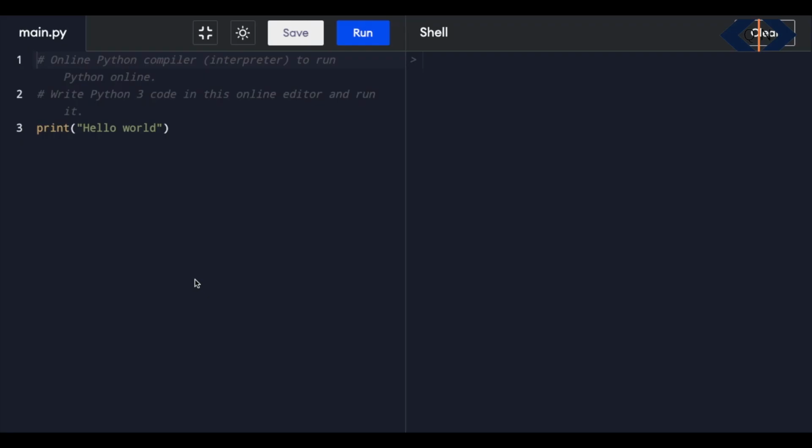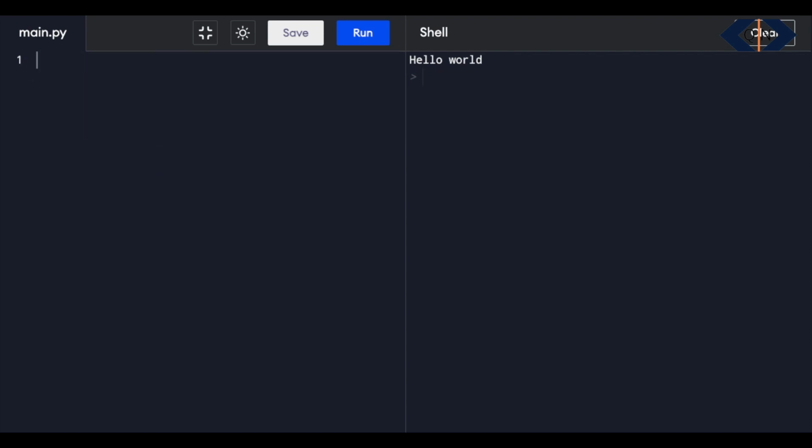Let's look at the full adder code. So this is the Python online compiler. I will share the link in the video description. You can go and check it out and run whatever code we are running right now. So let's check whether our program is running or not. So we are getting hello world. So it is working perfectly. So let's start